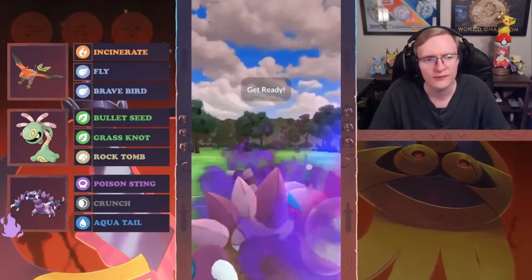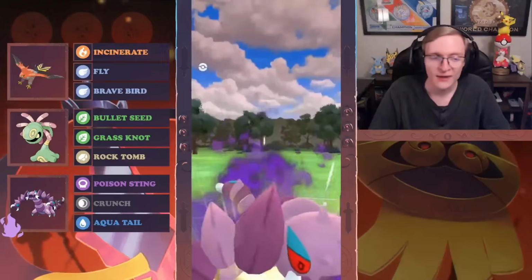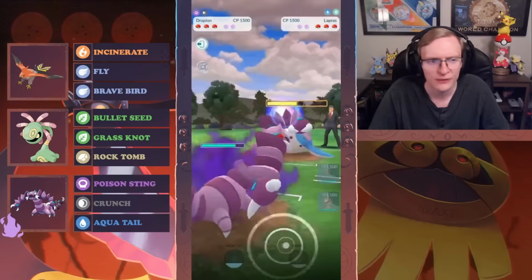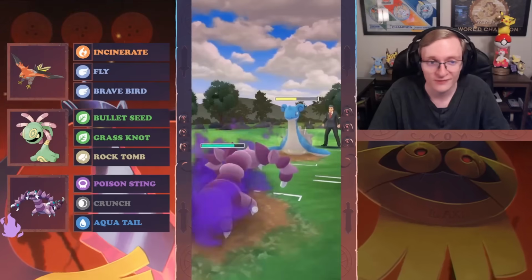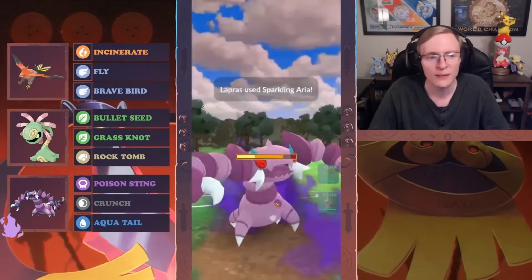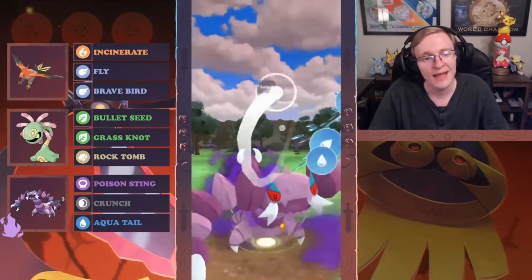I'm going to try our best here to dance around and go for a Crunch into them and try to whittle them down. Crunch will be able to put them to about half HP here, into a range where a Fly would pretty comfortably knock them out, but now they'll throw a charge move in return. This is likely a Sparkling Aria, which will probably put me close to the red. Yeah, not quite the red, but it will put me low enough here that I am in maybe a farm